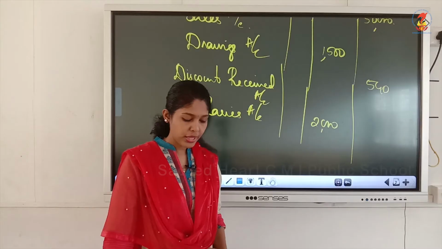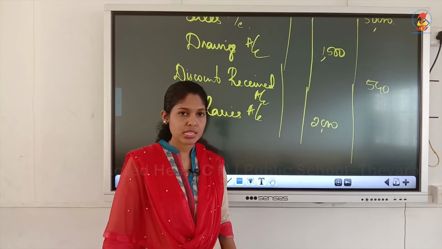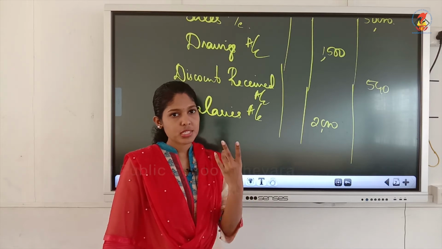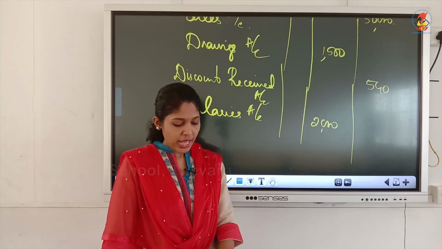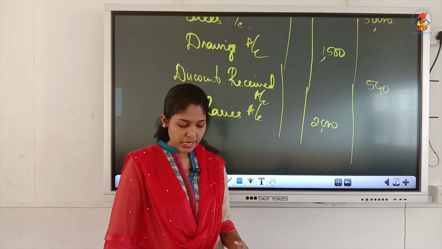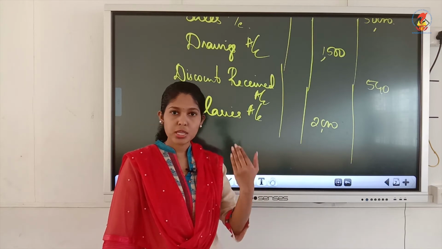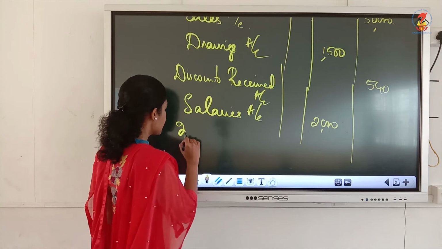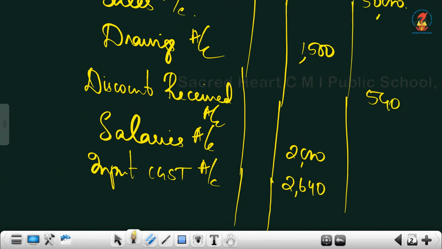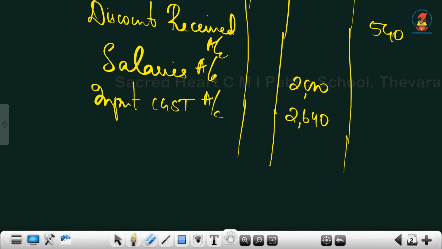Then the next one is input CGST. We know that we have different types of GST accounts like input GST, output GST. Again under input we have CGST, SGST, IGST and all. For input CGST, the same method we can apply. See on which side the brought down figure will appear. It would be on the debit side. So, you write input CGST account brought down figure on the debit side. So, you write the amount 2640 in the debit column. The carry down amount itself you can write for brought down also. It will be the same.